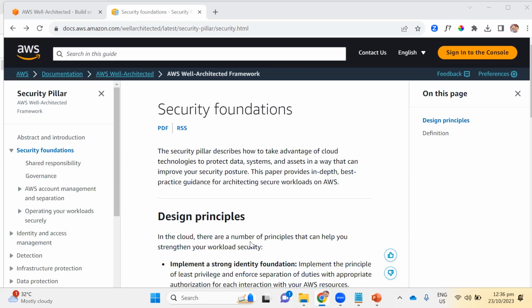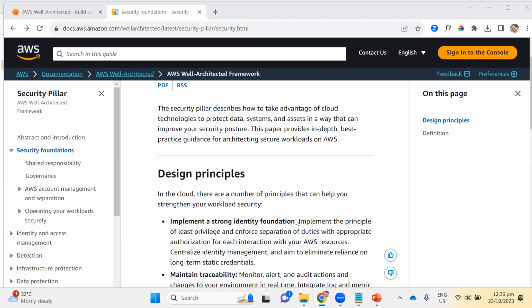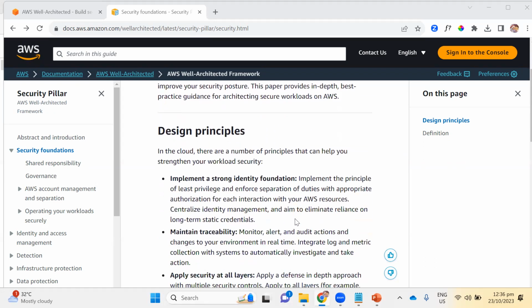Welcome back, everyone. So, in today's lesson, we will be discussing one of the most important pillars of AWS Well Architected Framework, and we are going to talk about the security pillar. It is one of my favorite subjects, and I have worked in many folds on this particular pillar, and I would like to run you through some of the design principles which, from the cloud practitioner exam perspective,